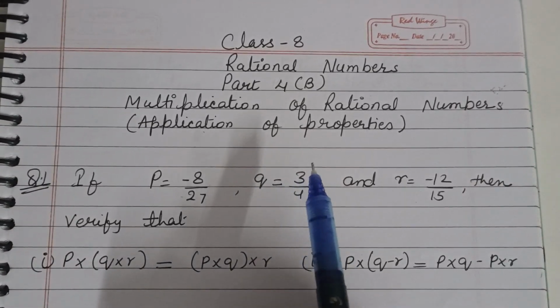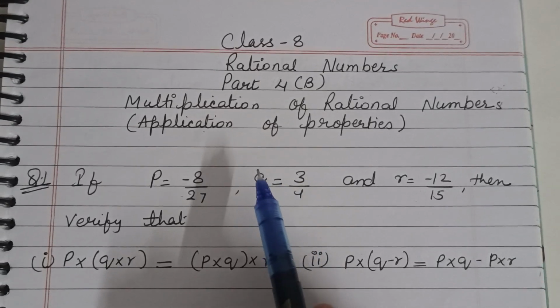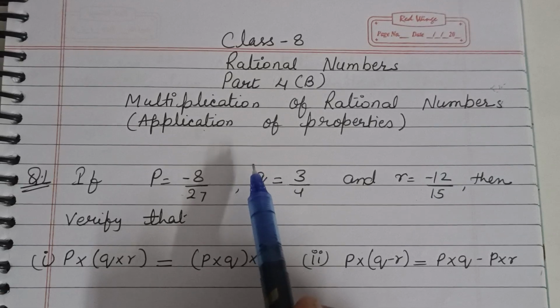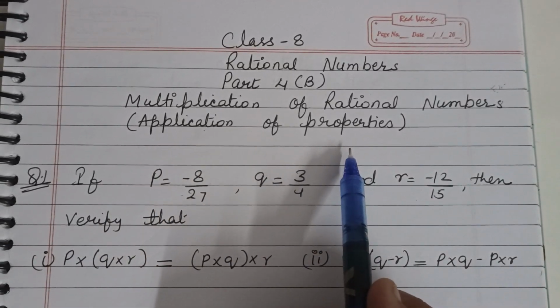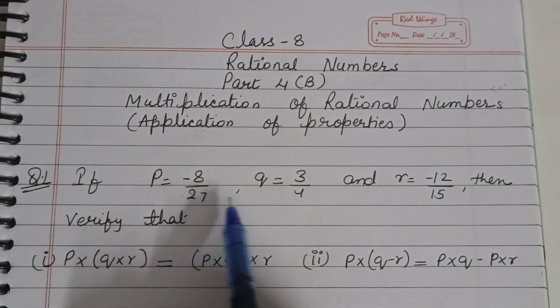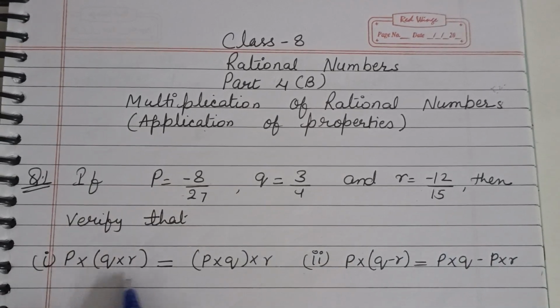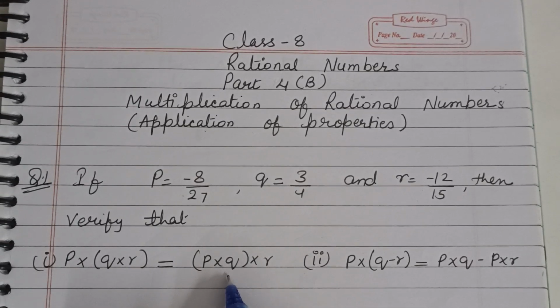Now in this video we are going to focus on more problems on multiplication of rational numbers, as well as talk about how to apply the properties in multiplication of rational numbers. Like here in the first question, the values of the three variables p, q, r are given, and it is asked to verify the first property, p multiplied by bracket q multiplied by r is equal to bracket p multiplied by q